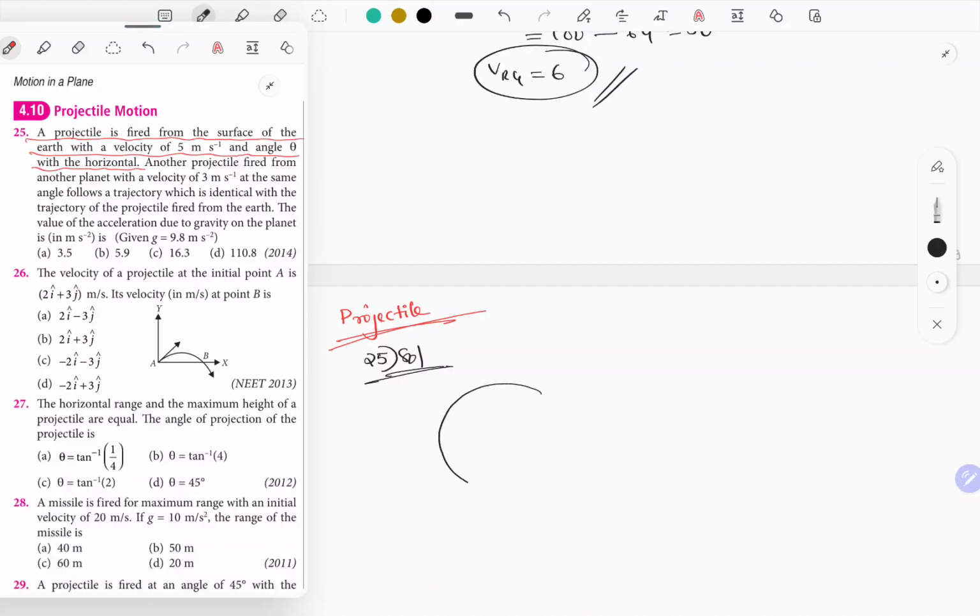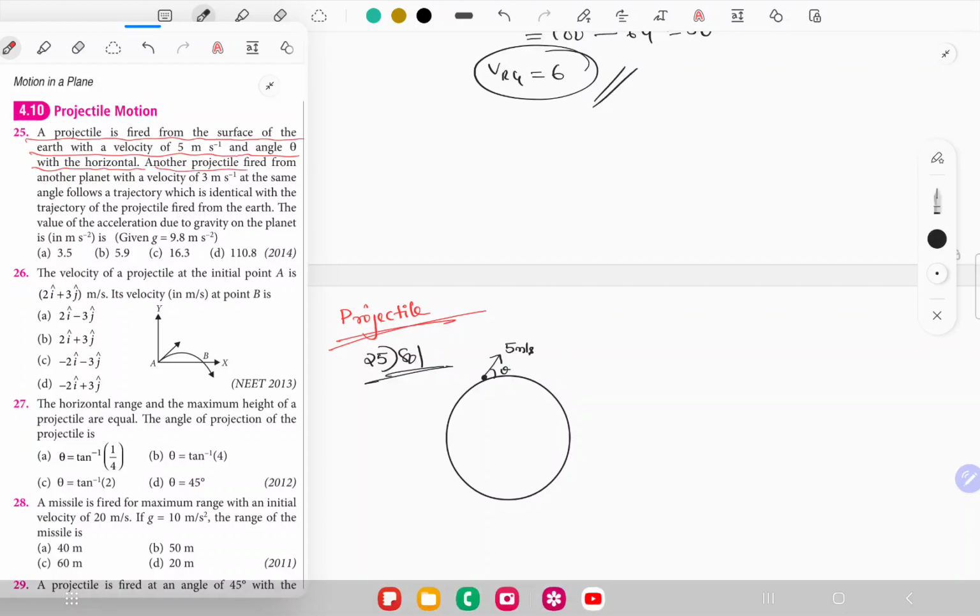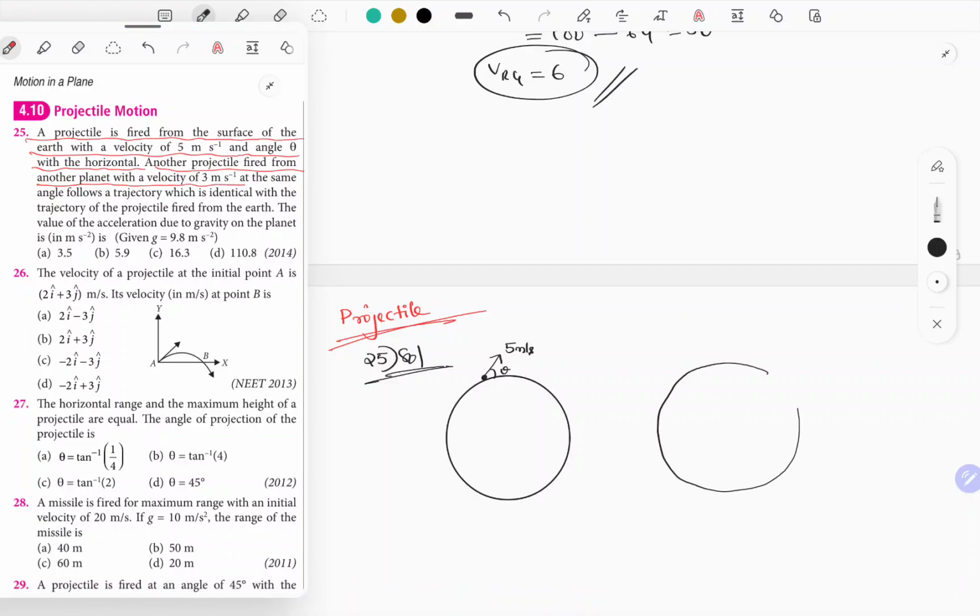Next, another projectile is fired from another planet with a velocity 3 meter per second